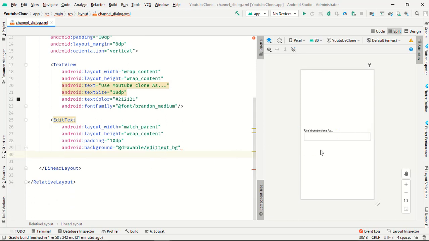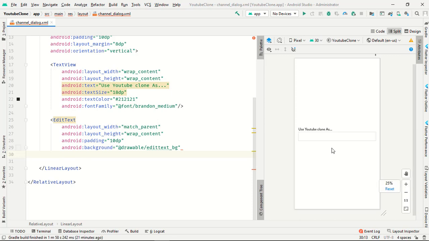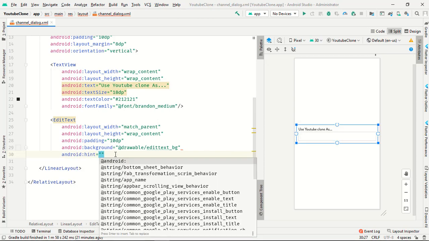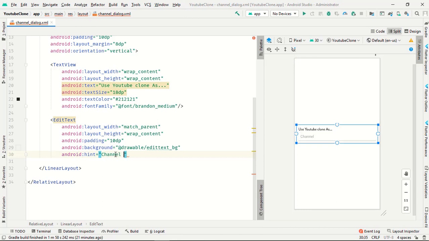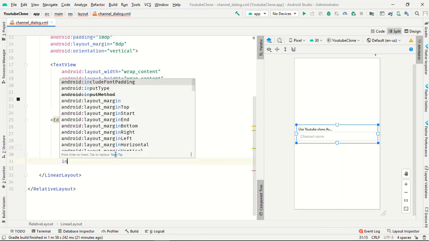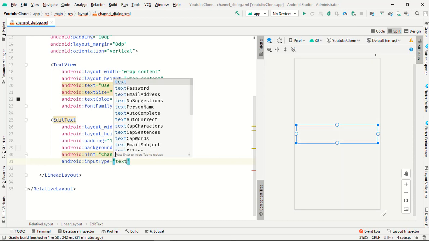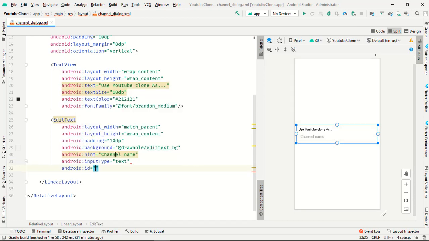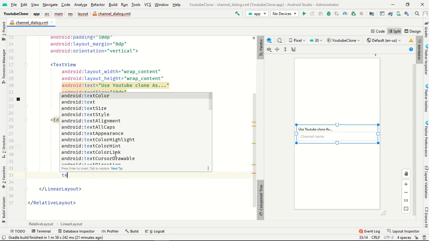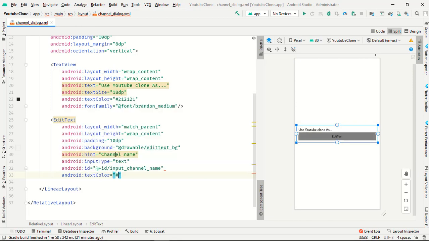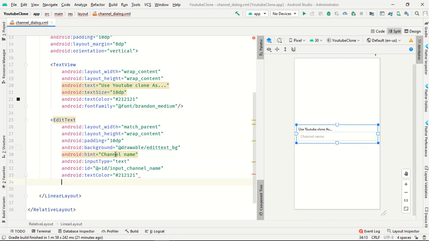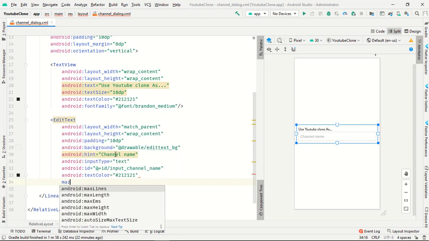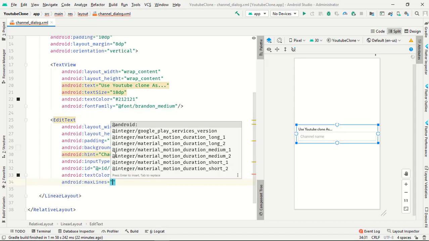It will be created like a fancy box. Hint will be channel name. Input type is text and ID will be input_channel_name. Text color will be hashtag 2121 and max lines is 1.